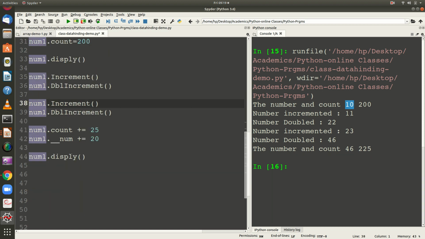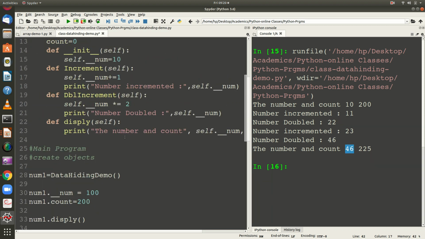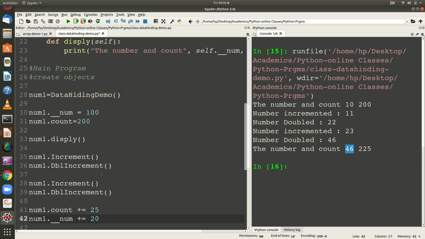So when I invoke the display method, the count value from 200 goes to 225, because I am incrementing it with 25. Whereas the num value has been 10 and I am trying to increment it with 20, but it is not getting updated, right?